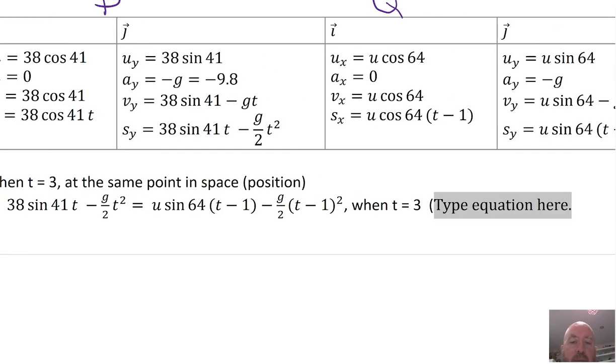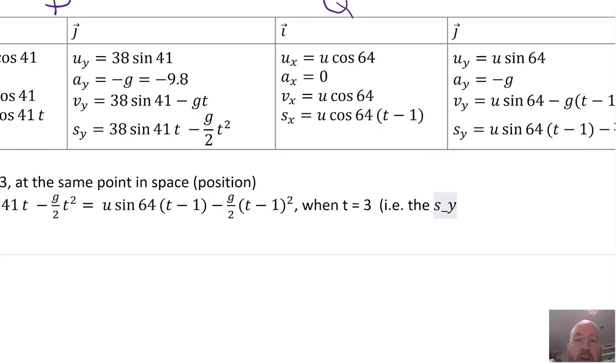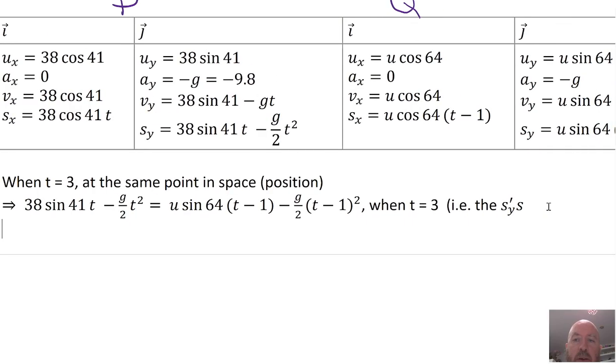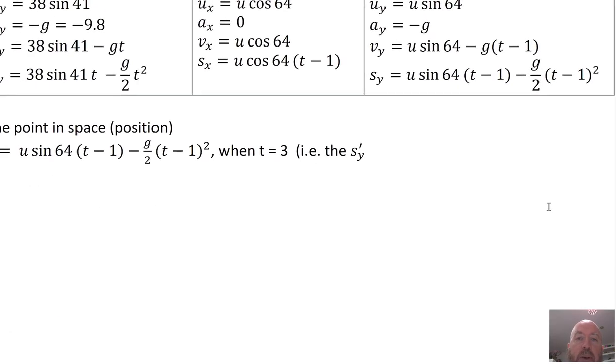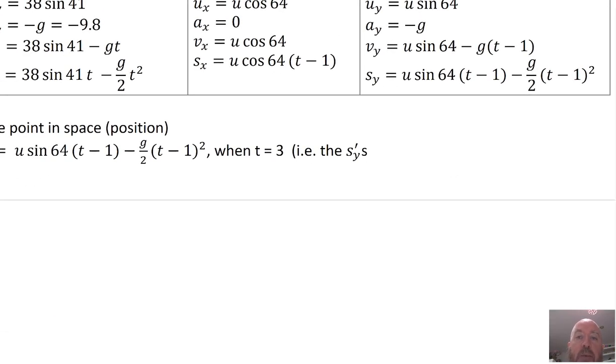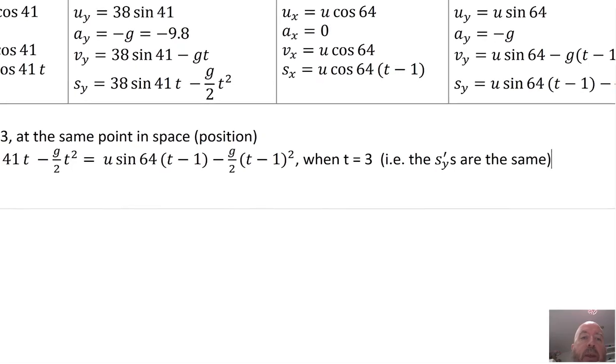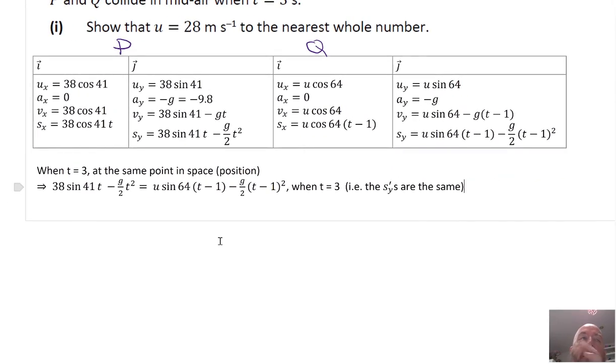i.e. the SYs are the same. So if they collide, it's when they end up occupying the same points in space and time. So at t equals 3, we're told they collide, so the heights have to be the same. Now, this might be enough, and I think it is going to be enough to find this u, but